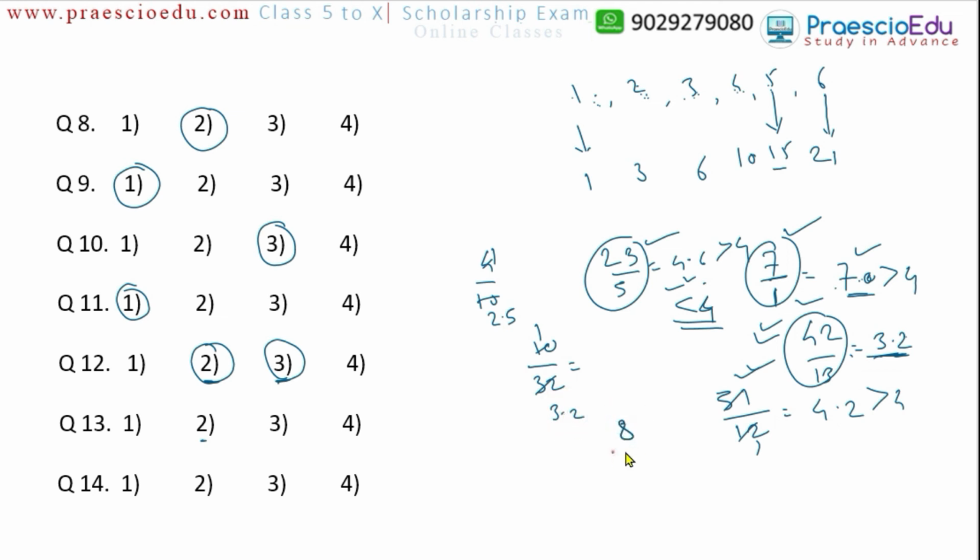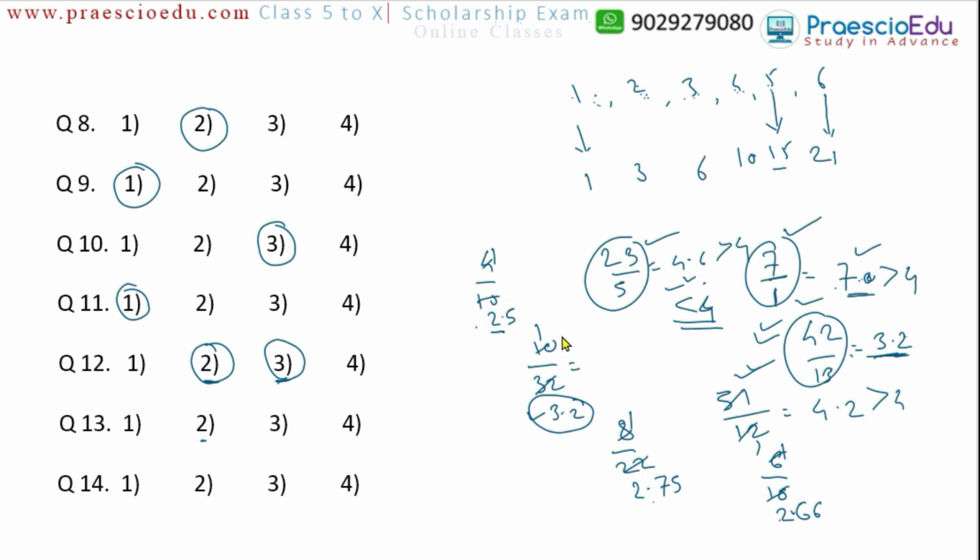After this, 8 by 22: 8 ones are 8, 8 twos are 16, then 6 balance, so 60 comes, 8 sevens are 56, and then 5. So this is also less than 3, but the other one is greater than 3. The option number 4, 6 by 16: 6 ones are 6, 6 twos are 12, 4 balance, so 36, 6 sixes are 36. So this is also less than 3, but only this one is greater than 3.0, and all the others come to 3.0 or lesser than 3.0.